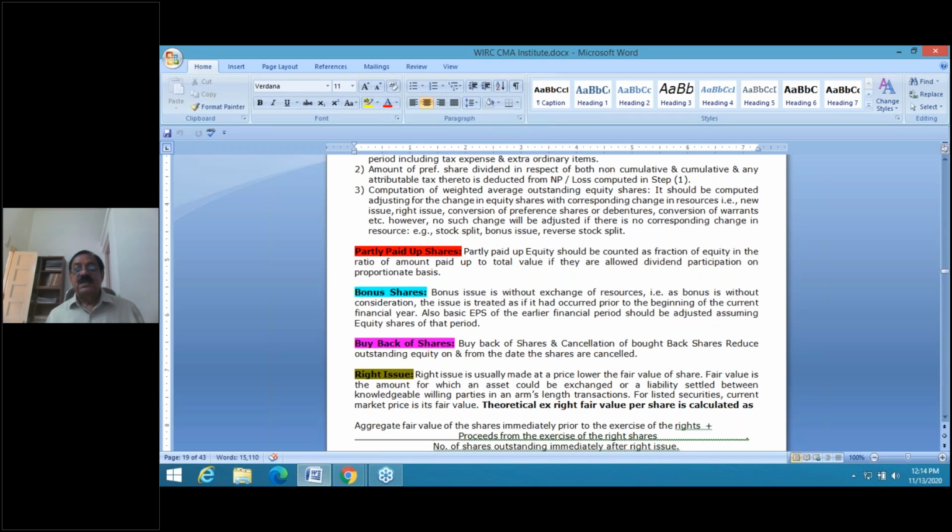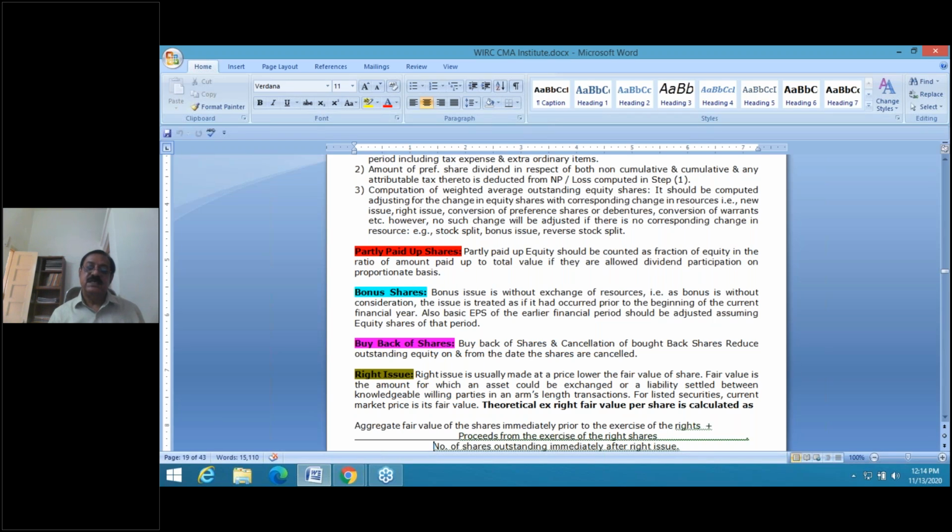Not only that, these bonus shares are to be considered as if issued at the beginning of the previous year. So last year's basic EPS declared will now be restated, adjusted, and revised. EPS will be shown in comparison. And there also you will add this 1 lakh bonus shares fully. So that way you will calculate. I'm going to do an illustration just now after 1 minute.